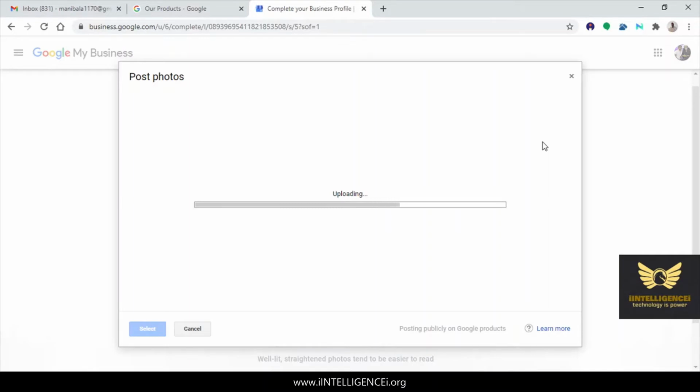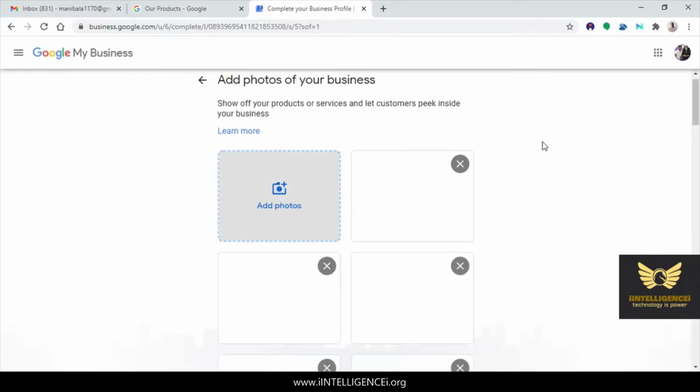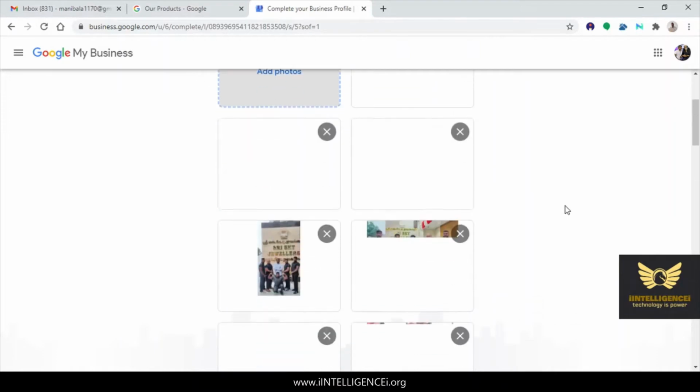Just wait for some time. There are around 30 plus photos. So that's why it's taking some time to upload. If you give 1 or 2 photos, it will upload immediately. Okay, photos added.